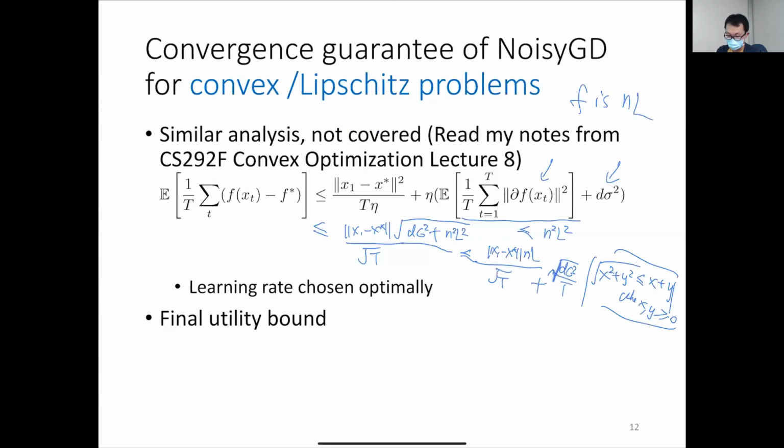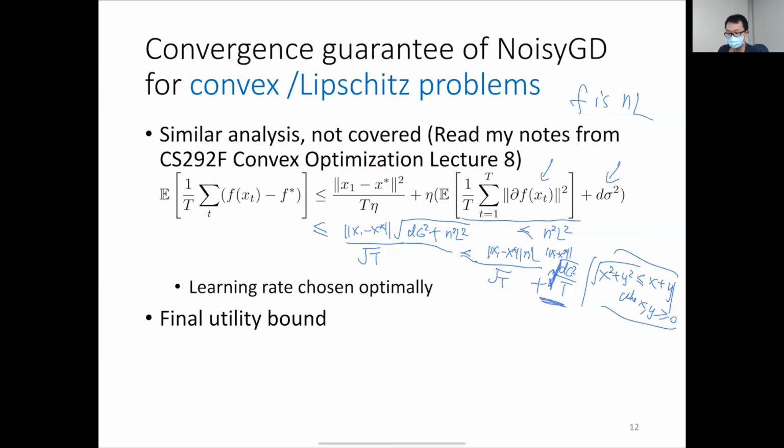Right? Am I missing anything? Yeah, I guess I missed this x1 minus x star term in the second, right? So this gives us something that's very similar to the previous page, because the second term is what we want because